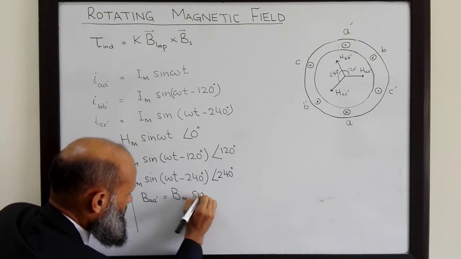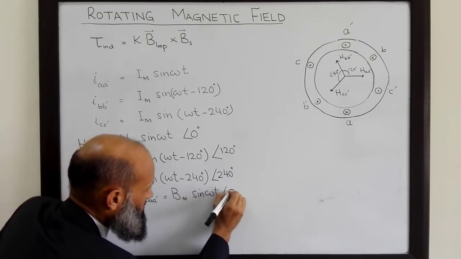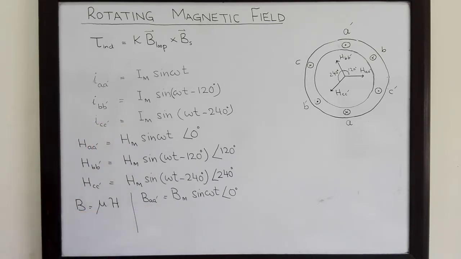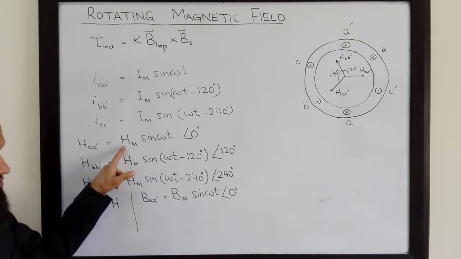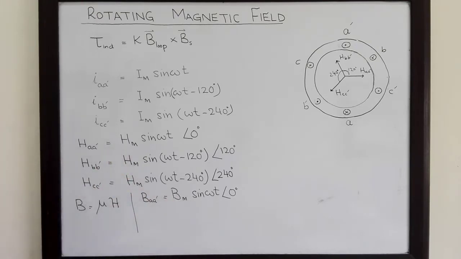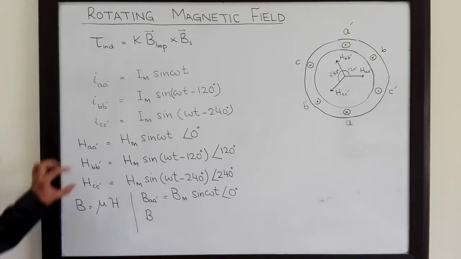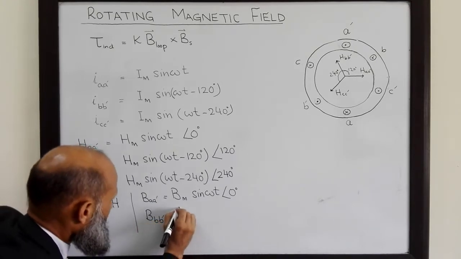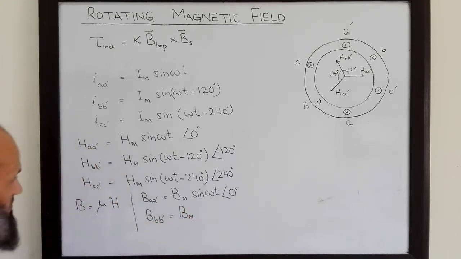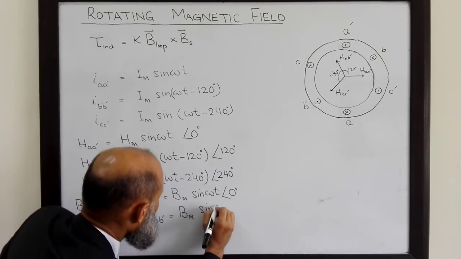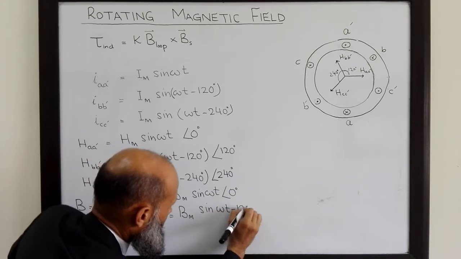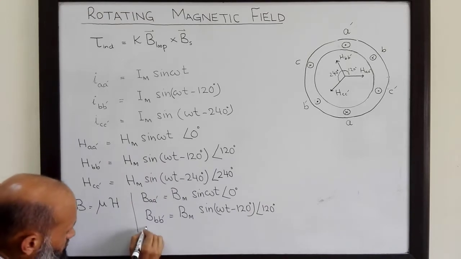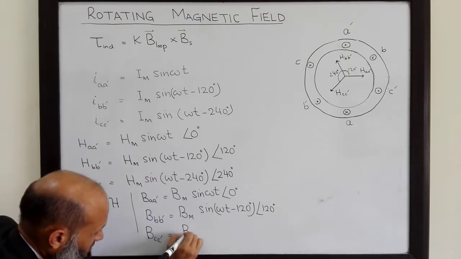Bm sine omega t, angle 0 degrees, proportional to this one. So that proportionality constant is over here. Mu multiplied by Hm is denoted by Bm. Similarly, due to this magnetic field, there will be flux density BBB', and that is Bm sine omega t minus 120 degrees, angle 120 degrees, and BCC', that is equal to